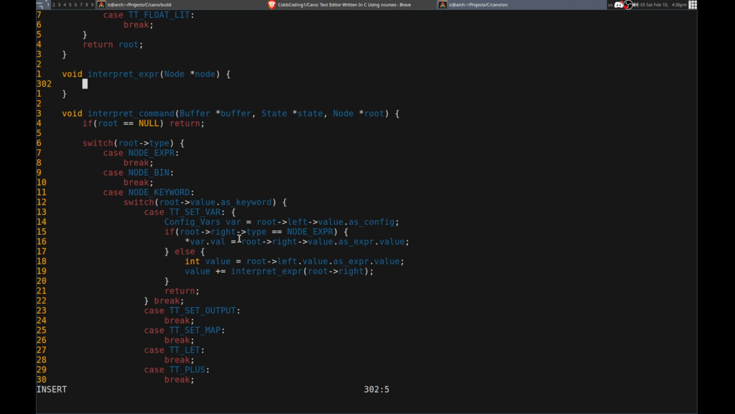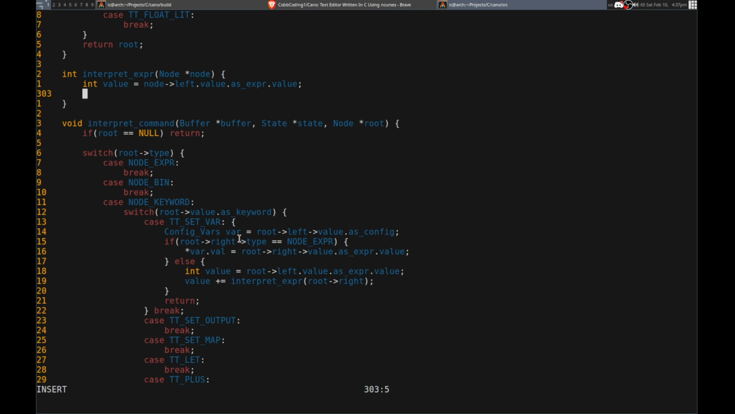It's not going to actually return void. Okay, so we have a node. The left, we always know that's going to be a node, and then it's going to return a value, an int value, for now at least. So int value equals the node dot value, as expr dot value. Yeah, the left is always going to be an expression. And then the right, if node right arrow type